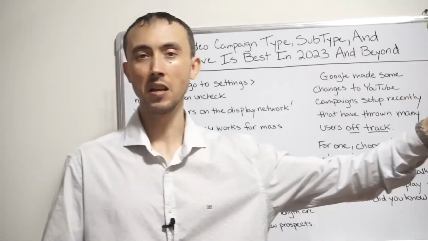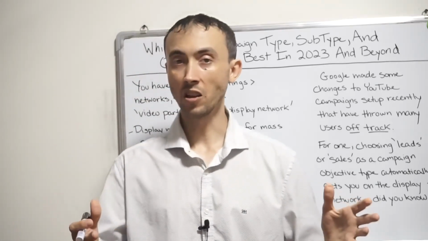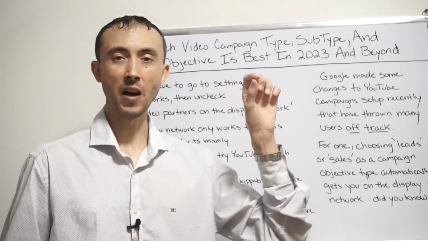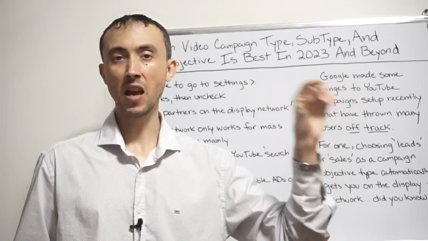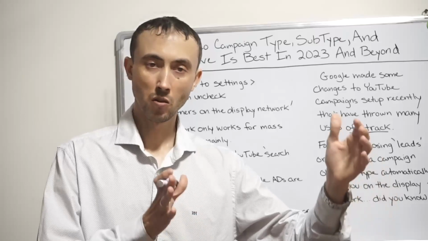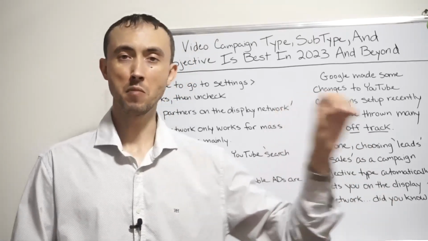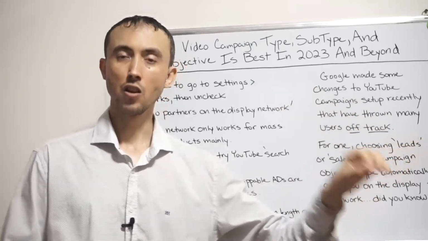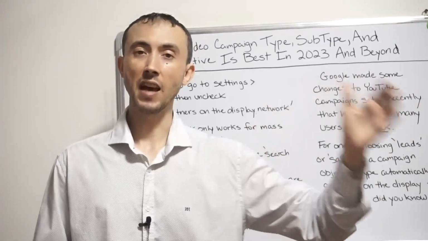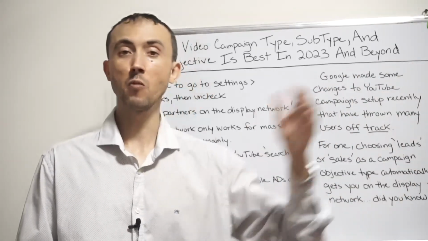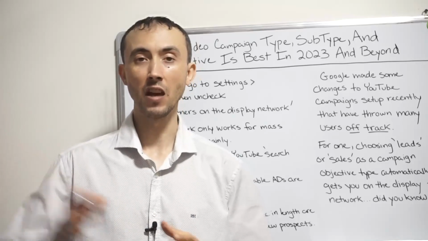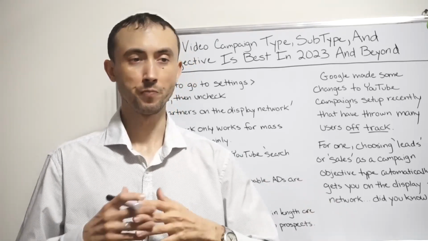Once you do that, you start to get into what are called custom intent audiences. I've got a video about that searchable on this channel, where you can find all of the names of your competitors' company names and product names and create a custom intent audience for that, and then target your videos using that. If somebody's been to your competitor's site in the last 30 days, your video will be able to show up for them regardless of what video they're watching on YouTube. Knowing they've been to your competitor's site, the likelihood that this group of people is going to buy from you is at a much higher rate than if you were targeting people who are just looking for